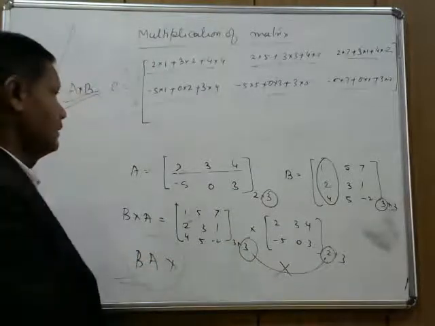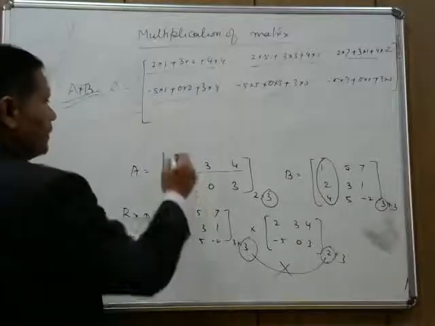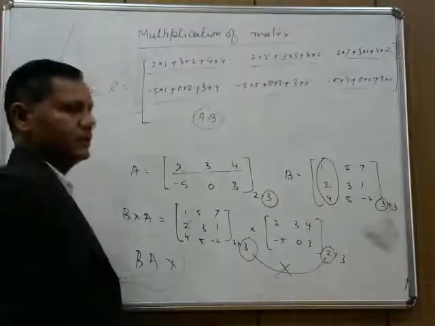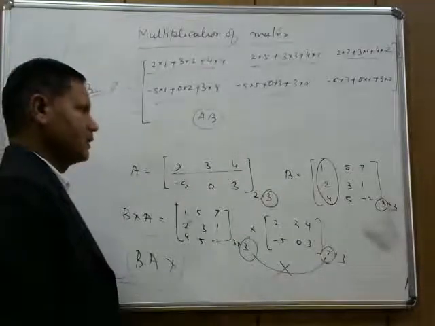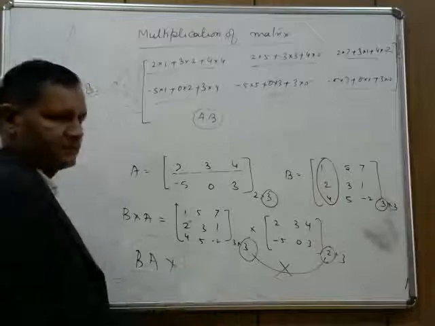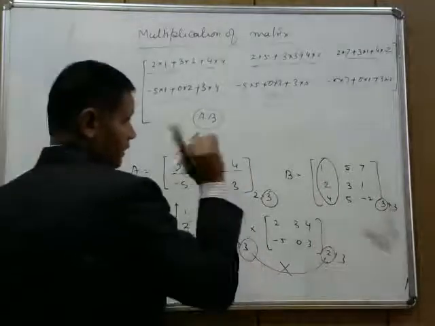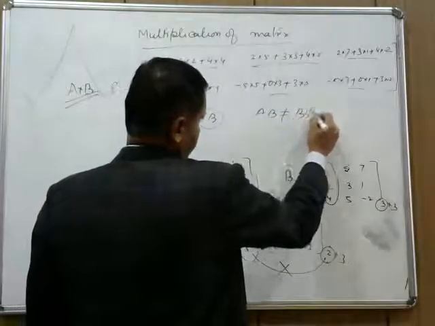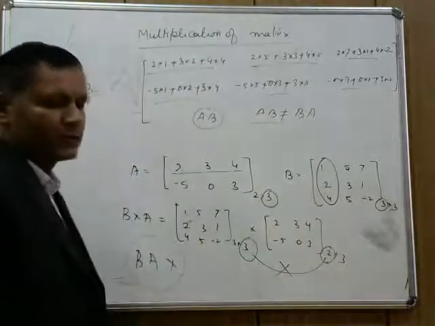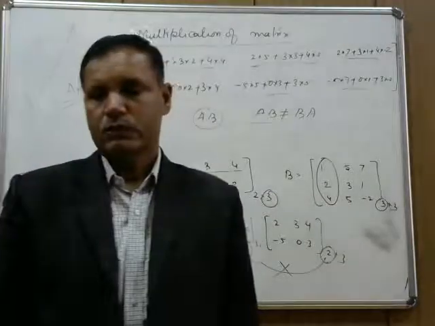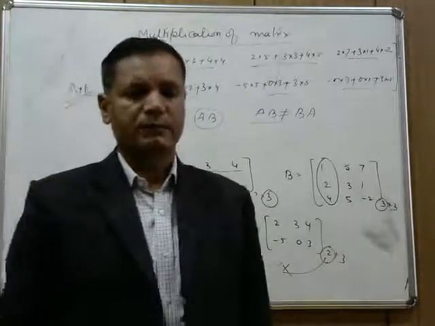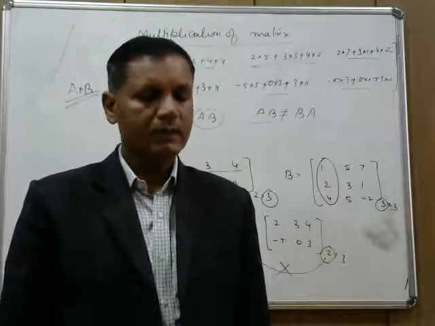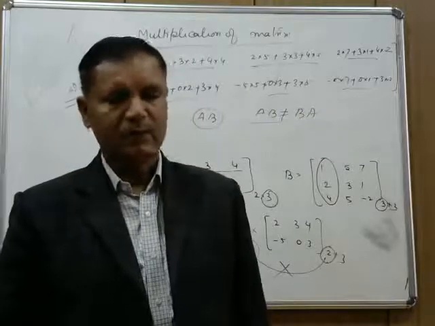It means what? It is very clear that if I am able to find out the product of two matrices AB, it is not necessary that we can find out BA also. Isn't it? That means now we have learned one thing, that AB is not equal to BA. When we multiply two matrices, it should not be necessarily commutative. Right? AB is possible, but all the time BA is not.